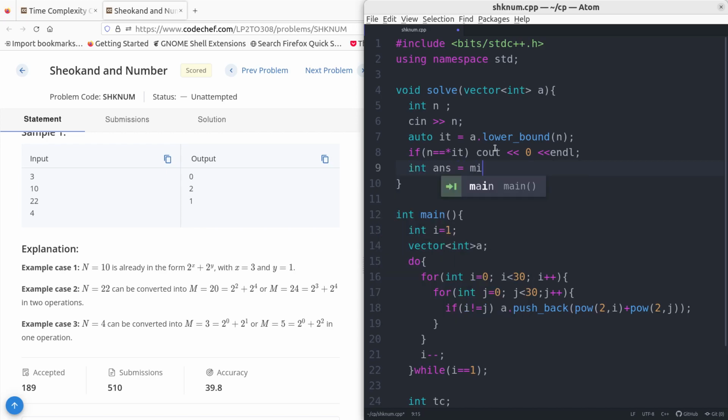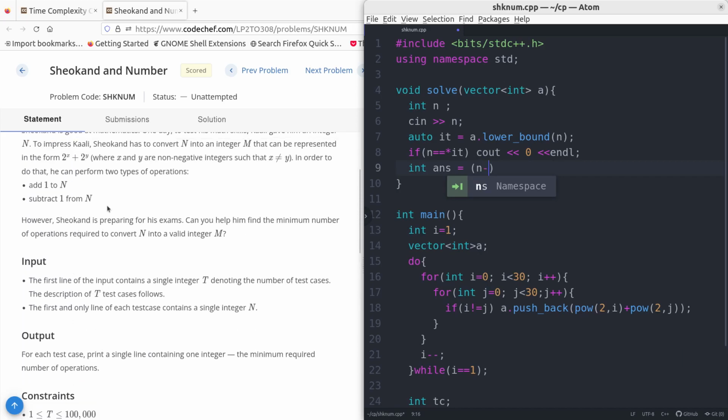Let's say answer is equal to minimum of n minus, like we need to, if we subtract it, we need to check for which number it is closer. For the previous number, is it closer, or for the next number it is closer. So we'll check for the previous number of it,